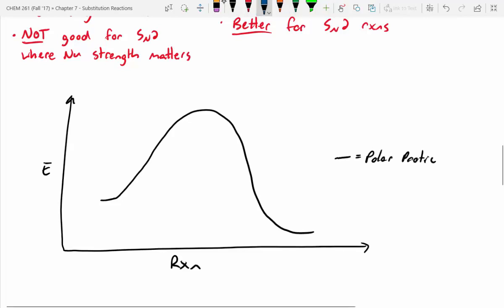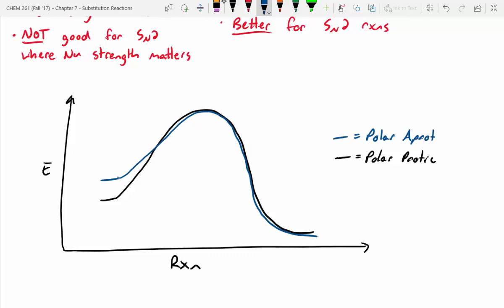Our polar aprotic pathway is in blue. Let me clean this up. And this blue activation energy is going to be a lot lower than this black activation energy shown here,